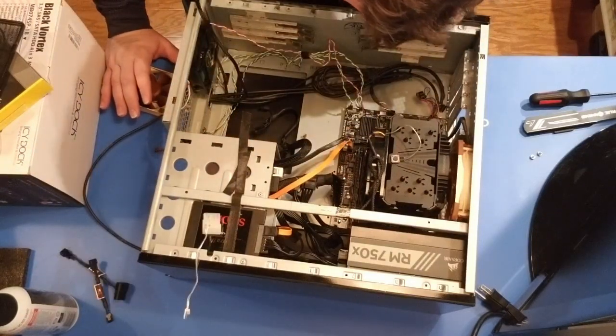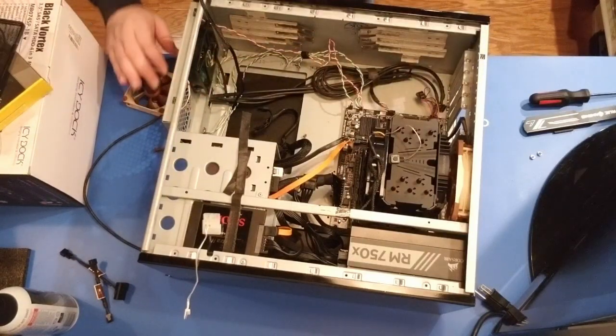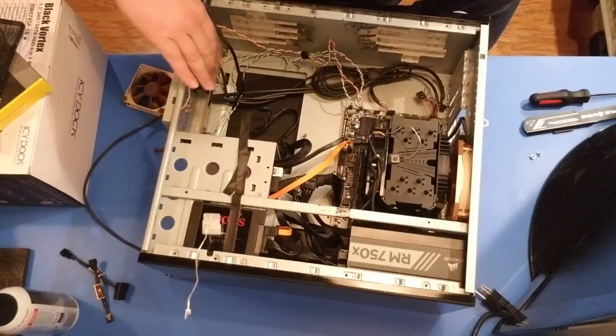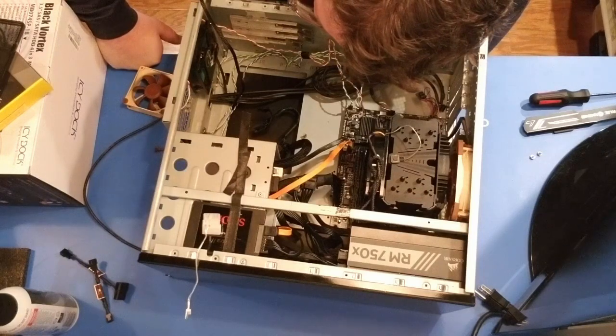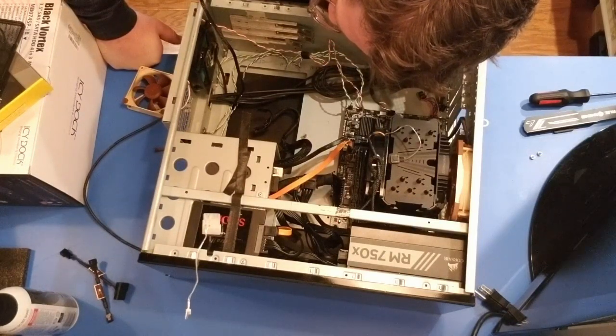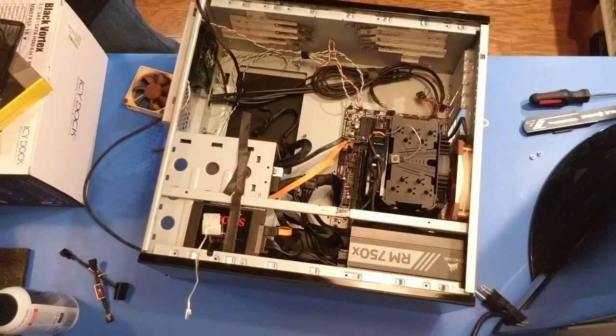So the question is, do I keep that Anoxia, and which way is it spinning? I need my flashlight, but that's up there. Okay, there it is. So this Anoxia is an intake, which is good. That's what I want it to be doing. And the Anoxia is quiet enough. I don't think I'm going to worry about swapping it out tonight. We'll only be doing the one